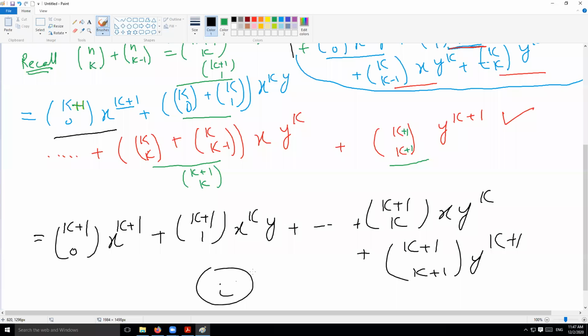I know it's a bit messy. You can also find this proof in the book actually. So I think he has proved it somewhere. So if you want to see it from there, you can also see it from there. But I hope that you also got some sense of it.